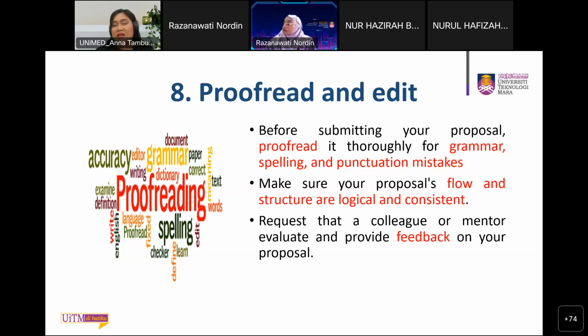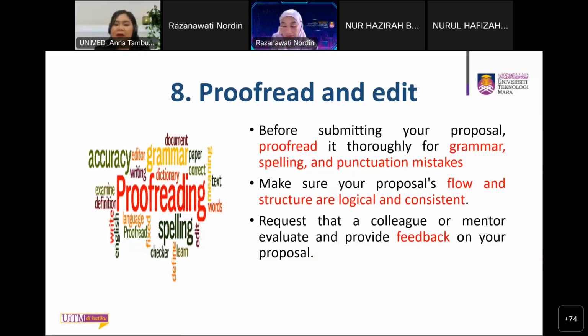Well, sometimes we find it very difficult to make our writing logical and coherent. So this is all about the transitional signals when we write an essay, especially a project proposal. Of course, when we sell our product, our proposal, we have to make it logical and coherent so that the stakeholders will give us funding, for example. Now, ask a colleague, mentor or friends to review our proposal and then provide feedback.